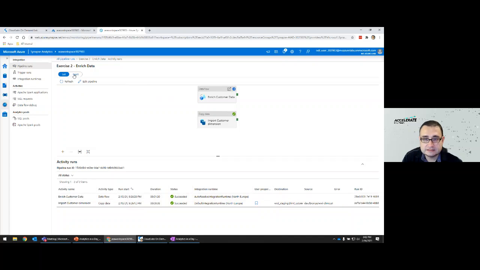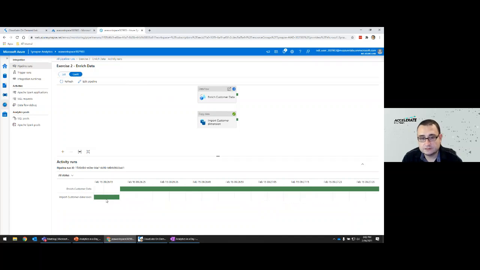And we can actually see a Gantt chart of how long it took for each activity to complete. That is important because we can see through multiple executions if it's taking longer and longer, so we might need to do some optimizations, right? Or we can know at what step it failed and we can resume from there, right?